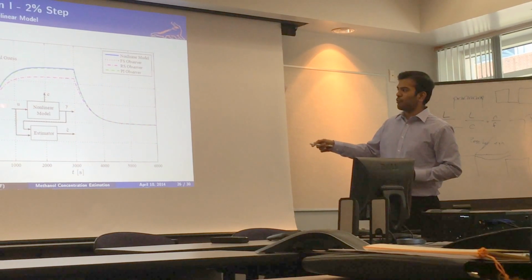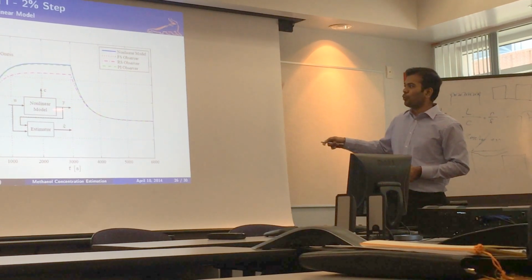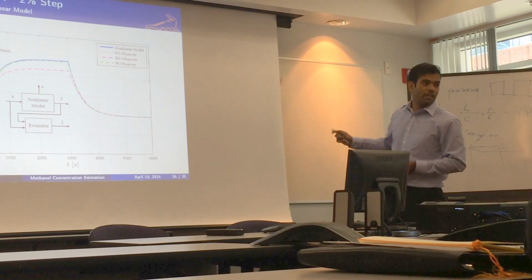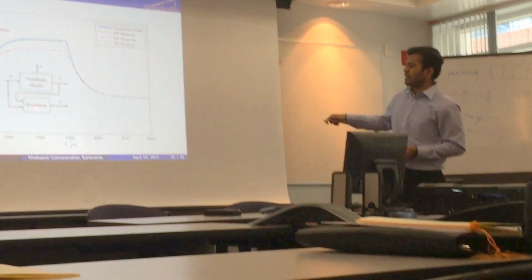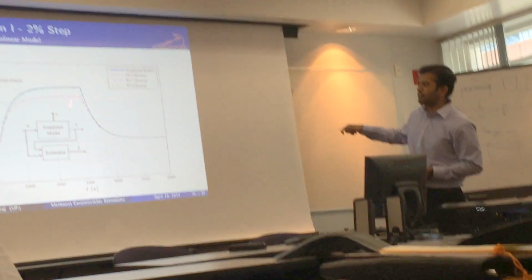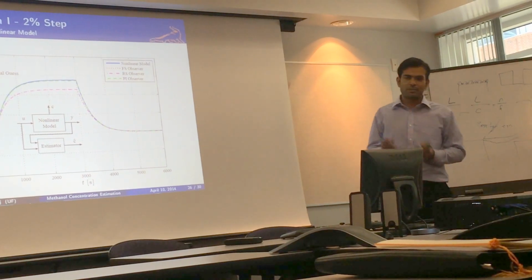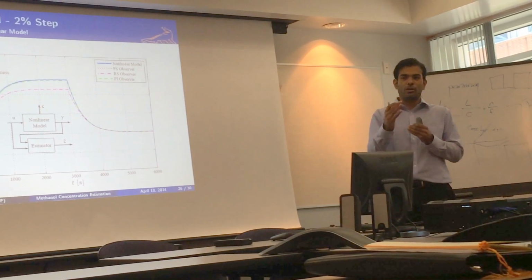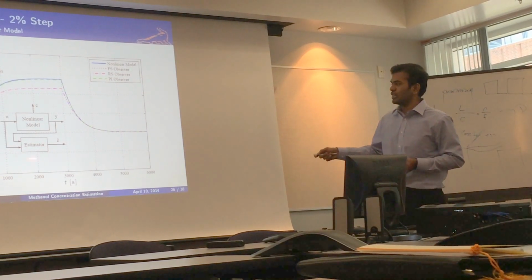In this case, I'm going to give my inputs to a nonlinear model this time, and collect Y from the nonlinear model, and take U and Y, feed them to the estimator, and get my C hat. So this blue line here represents my nonlinear model. And when this block is a full state observer, the estimate is represented by the red line, this line. And as you can see, there is a significant bias between the actual model prediction and the estimated value. This is because the Luenberger observer is not able to adjust to the model mismatch between linear and nonlinear model in this regime. We get the same results when this block is a reduced state observer.